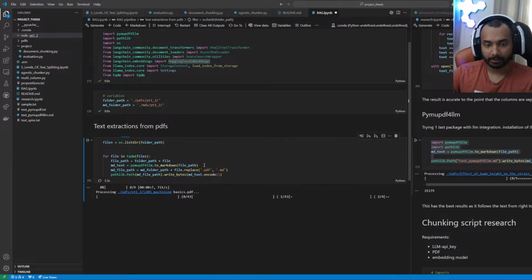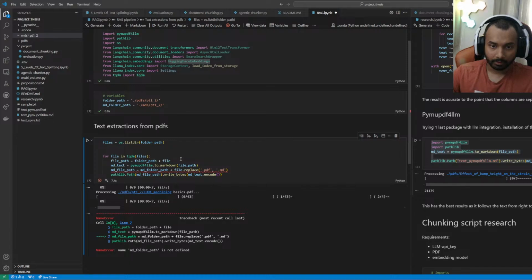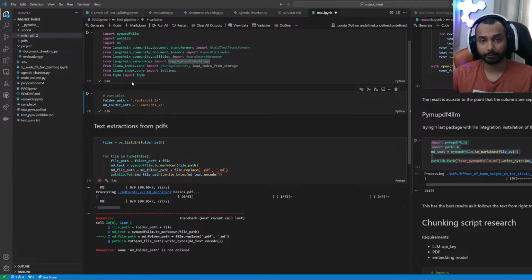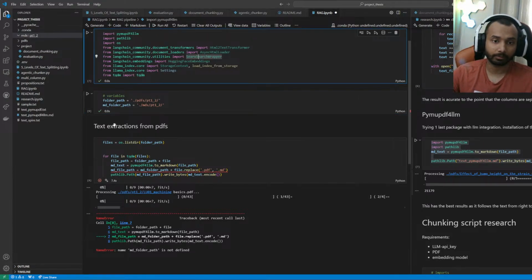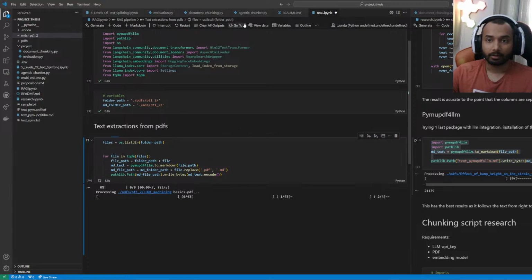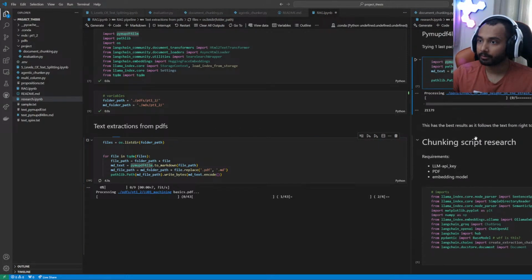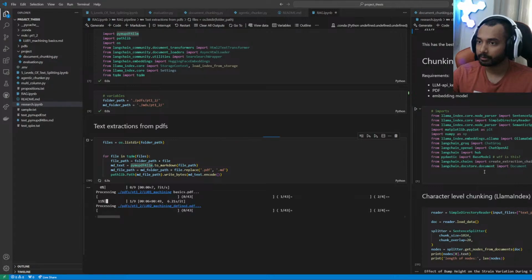So what it's doing is basically extracting the information from the PDFs and turning it into an MD file, and that's the MD file that we will be reading. Okay, cool. So when we have the MD file, for example, here,